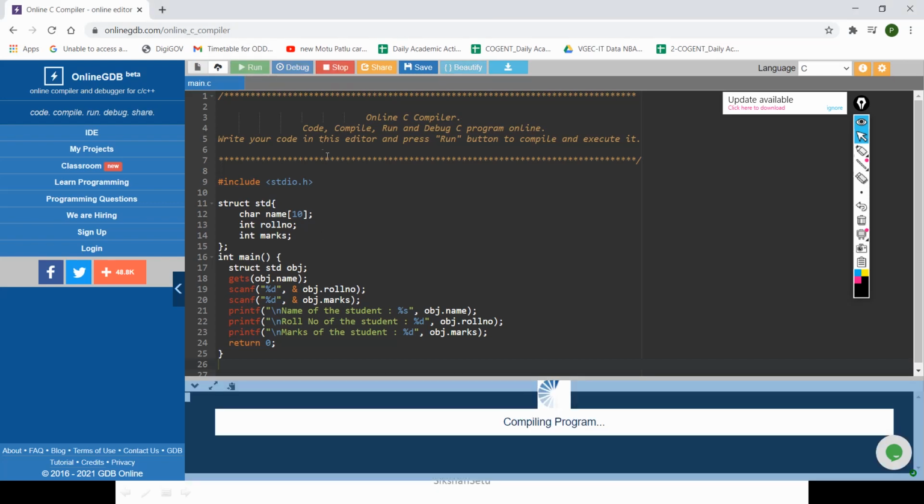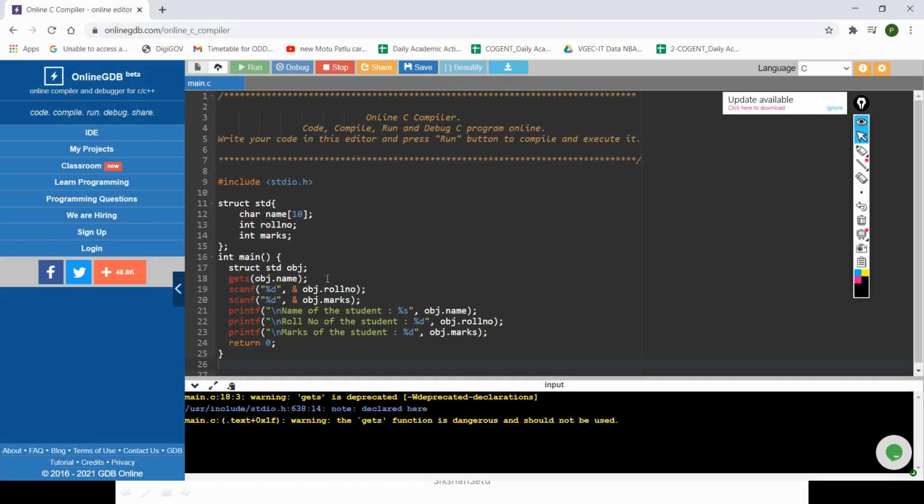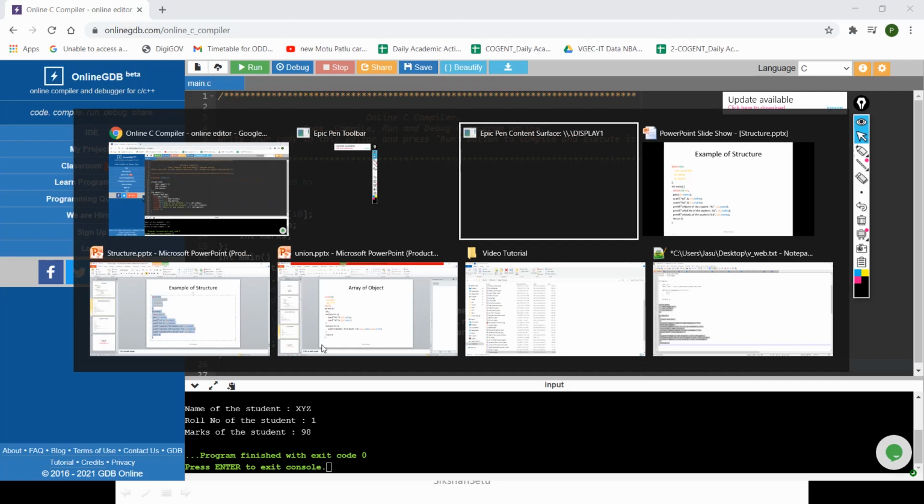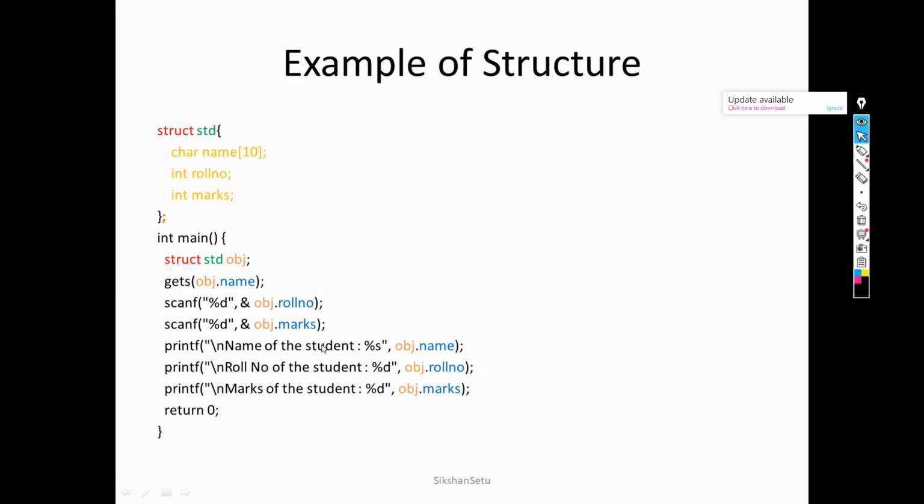Once I run this code, it will ask me to enter the value. I am entering XYZ as the name, then roll number 1 and marks 98. You can see the answer: name of the student is XYZ, roll number is 1 and marks of the student is 98. So this is how a structure can be executed.